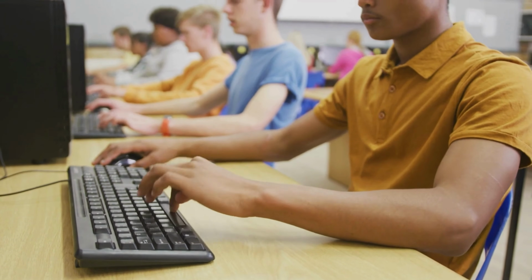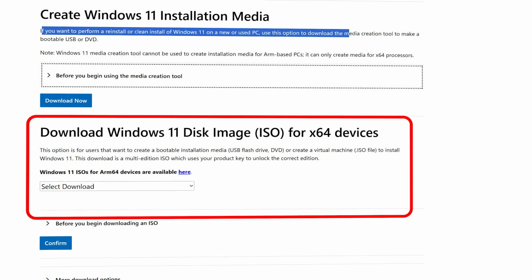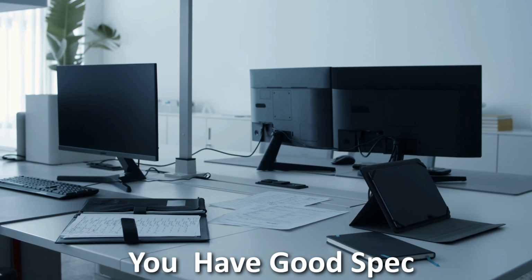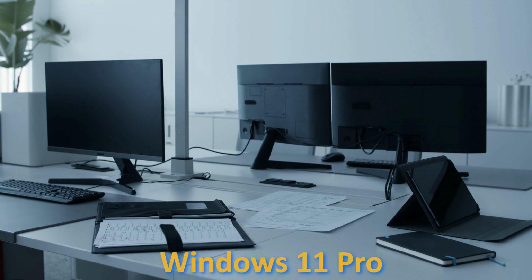Many folks still do not know how to download the latest and greatest Windows 11 Pro for Workstation. You have got good specs and still you are using Windows 11 Pro, then you are not utilizing the true